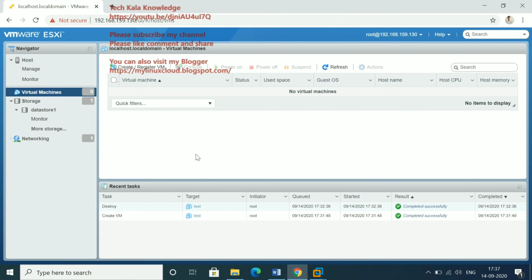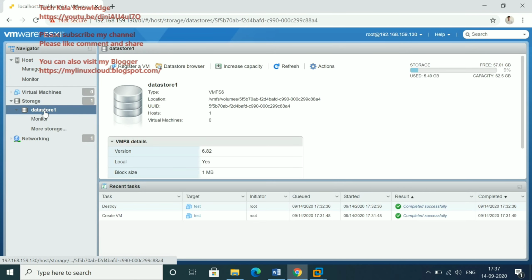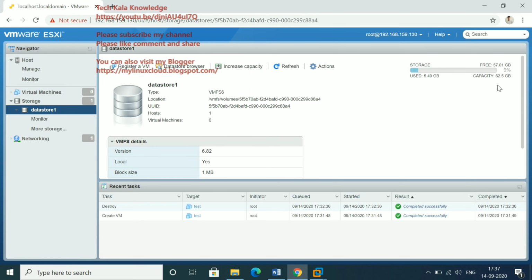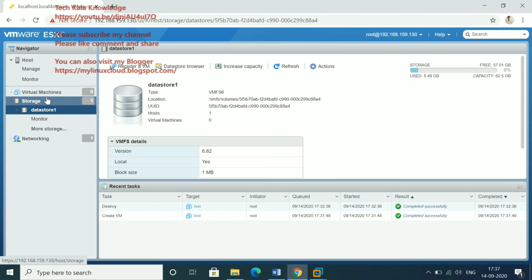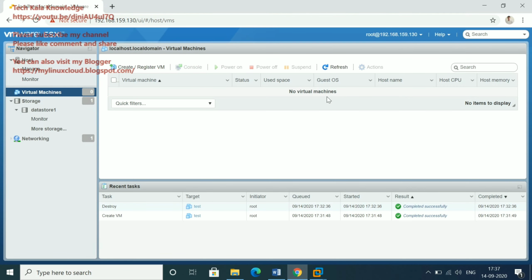Now you can see one datastore is available with 62 GB of space, and all the information is showing here. As of now, no virtual machine is showing, because I'm going to show this from scratch.